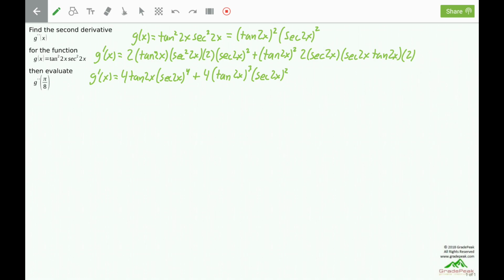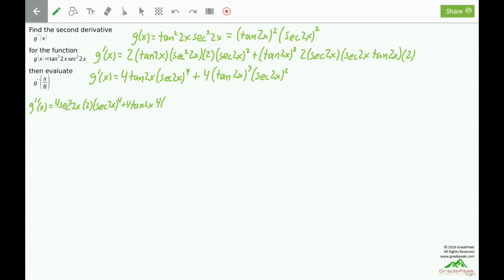Each of these terms are then a product of functions, so each term will require a product rule for the second derivative. So the second derivative, g double prime of x, will be the derivative of the first. The derivative of tangent is secant squared. Leave the inside alone and then multiply by the derivative of the inside to complete the chain rule, and that will be times the second left alone plus the first left alone times the derivative of the second, which is